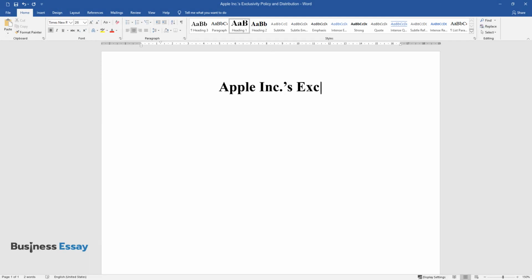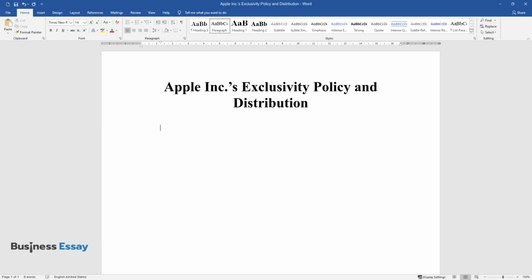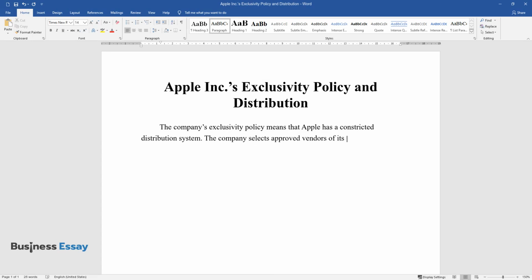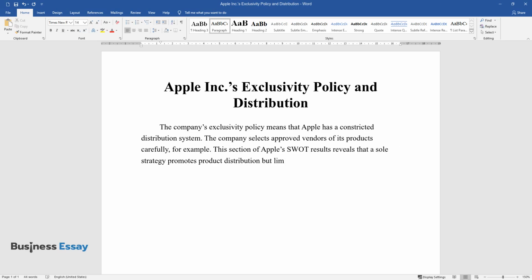Apple Incorporated's exclusivity policy and distribution. The company's exclusivity policy means that Apple has a constricted distribution system. The company selects approved vendors of its products carefully. For example, this section of Apple's SWOT results reveals that a sole strategy promotes product distribution but limits its reach